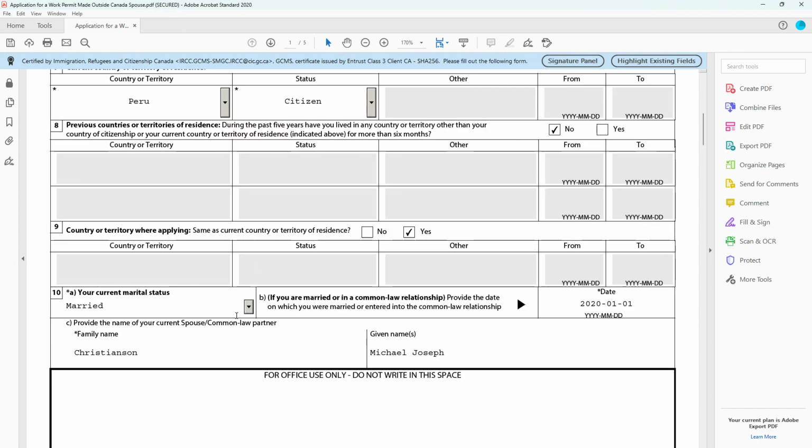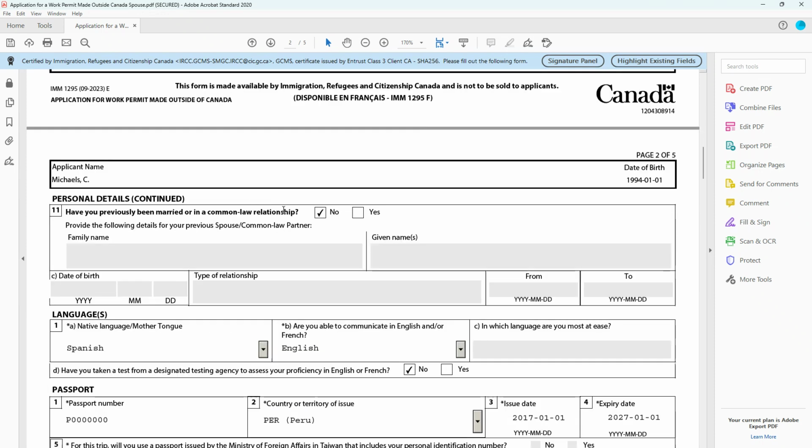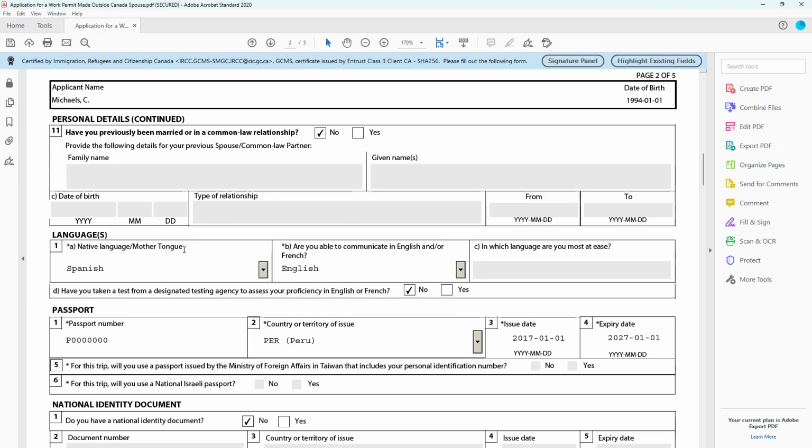So this person is married. There could also be a common law relationship. They're married to the principal applicant. There's that information there. This person didn't have a previous relationship, but it could be that they did. And if they had more than one previous relationship, you could always have an addendum, so an additional sheet uploaded under a separate box because the system won't let you upload it with this same form with that information. So their language,